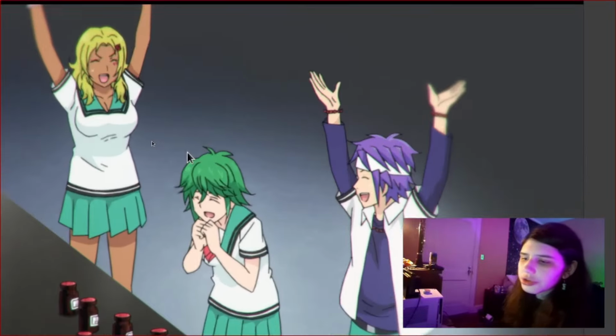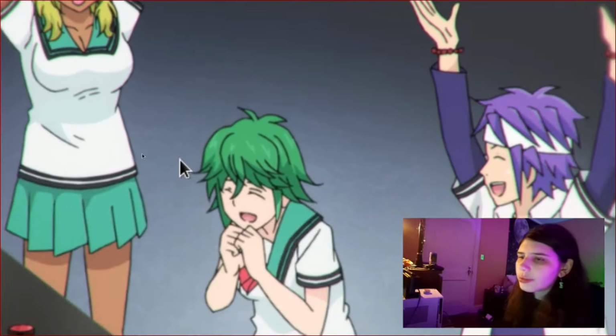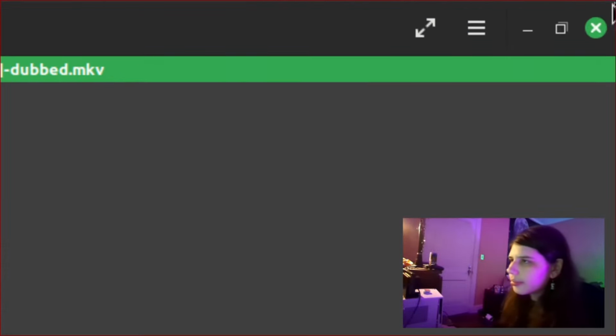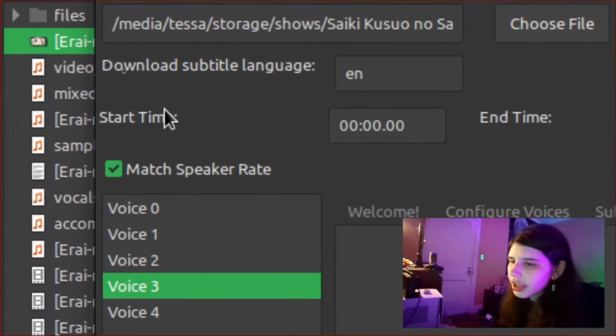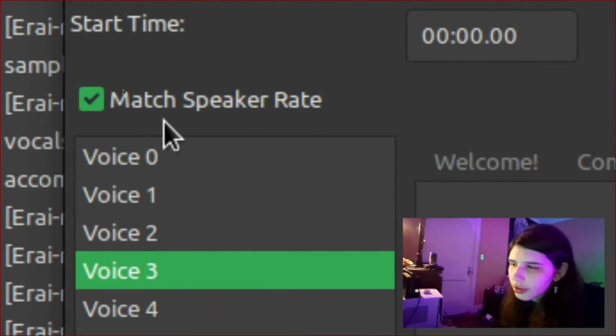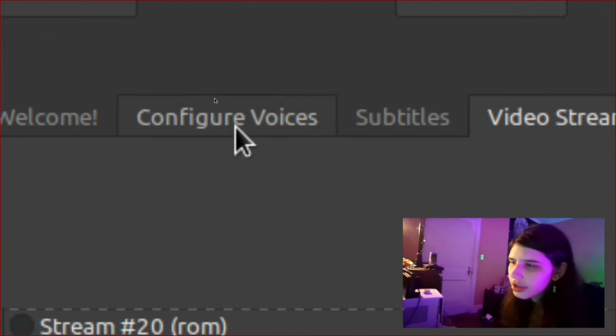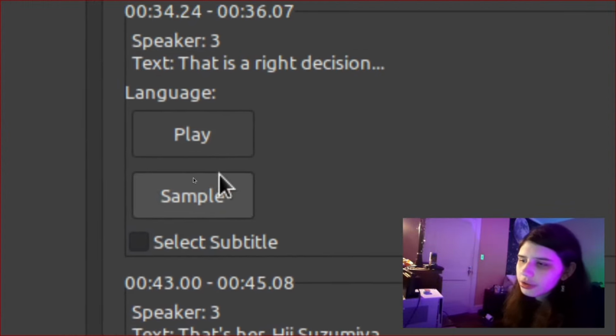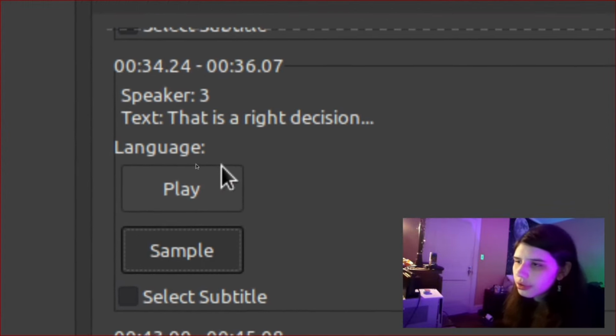It will try to match up the subtitle timing with the actual character speech, and it does okay. But sometimes it'll be a little too fast or a little too slow, and you can actually disable that feature if you come here and say match speaking rate, and then if you go into subtitles and scroll down, you will hear that if we click sample,